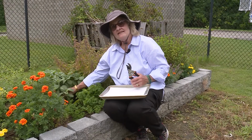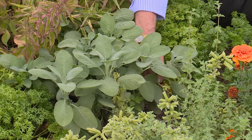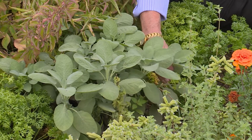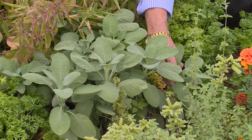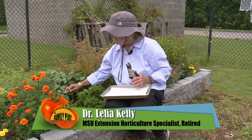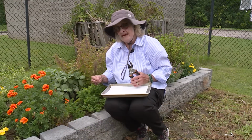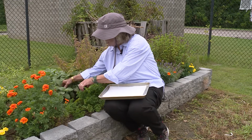We have a really nice sage plant here, and sage has such large leaves. It's one of the only herbs that have these really large, fleshy, thick leaves. So we're going to dry it a little bit differently than some of the other herbs that you can bundle together with a rubber band. Because it has such thick leaves,